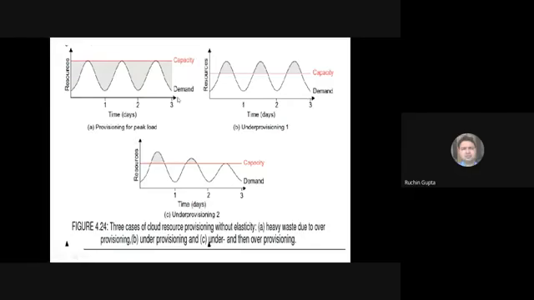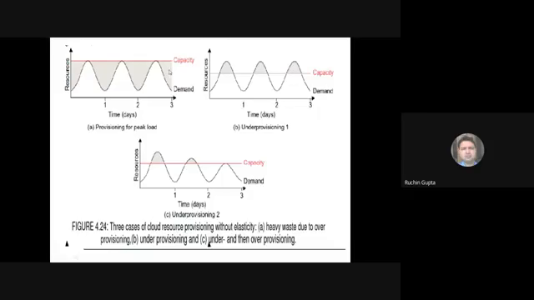capacity of the cloud and the demand. You see a curve between the demand and the capacity, a graph between time and resources. Demand is varying like this. In the first graph, you see the demand is continuously changing over a period of time. And what is the capacity of the cloud in terms of resources? This red horizontal line indicates the capacity of the resources available from the cloud service provider.